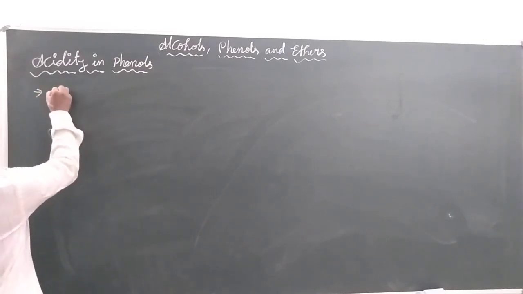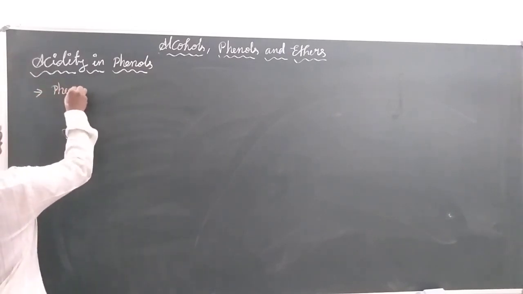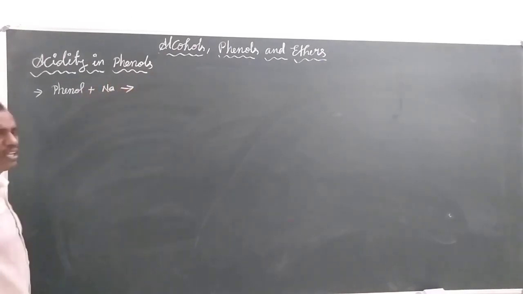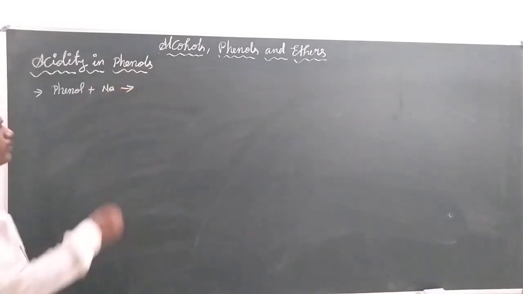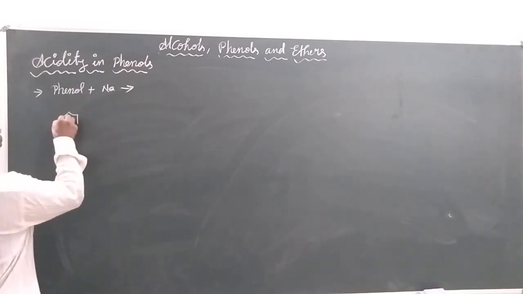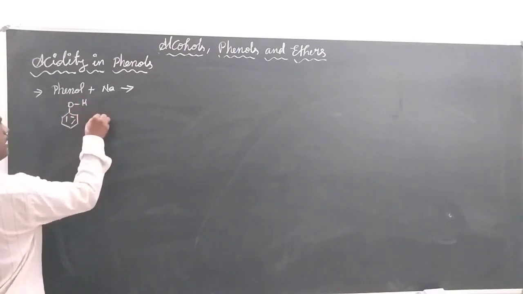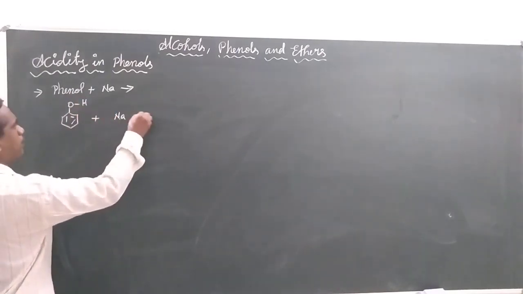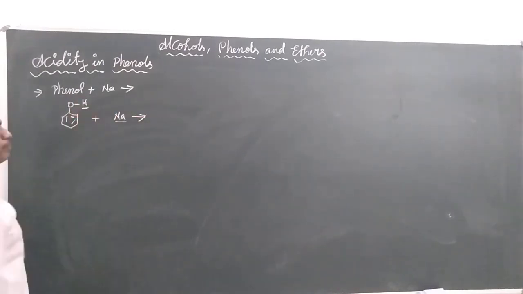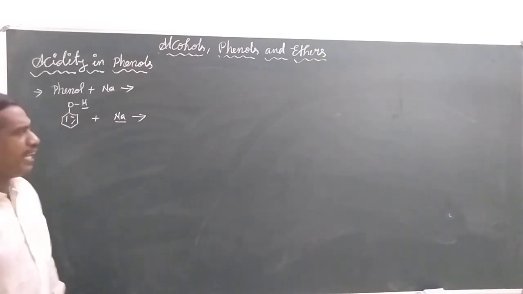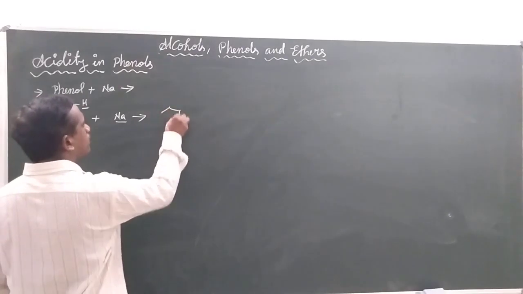First and foremost is phenol plus sodium metal. Do we know the reaction? When phenol reacts with sodium metal, sodium is able to displace the hydrogen, and it is going to form